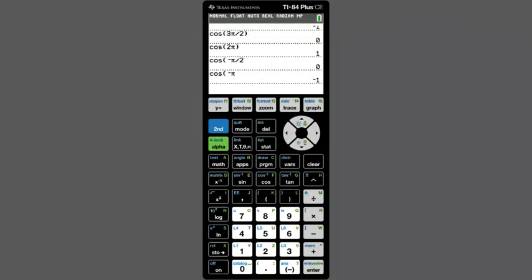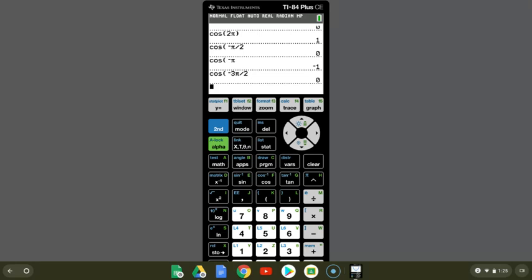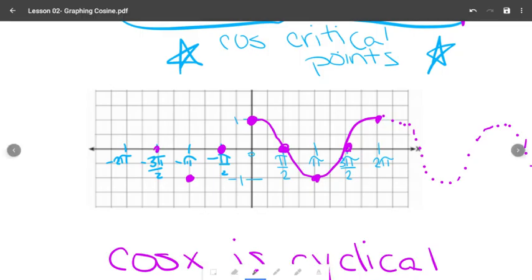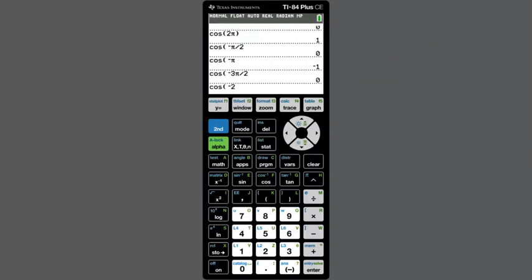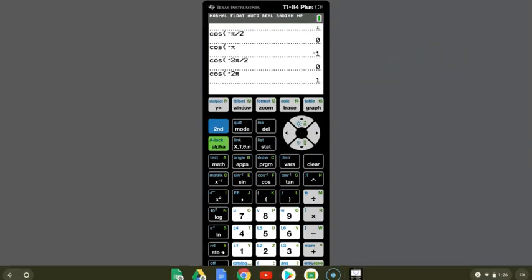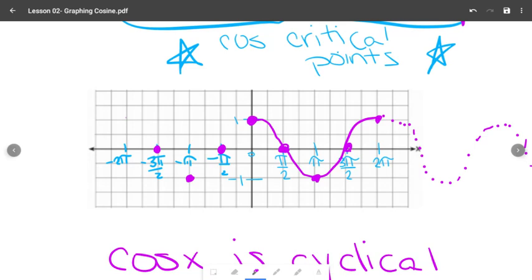Cosine of negative 3 pi over 2 is 0. And then cosine of negative 2 pi is 1 again. So connecting, you see it does just continue. Again, I could go past that if I wanted to, and we have this never-ending wave that's going on with